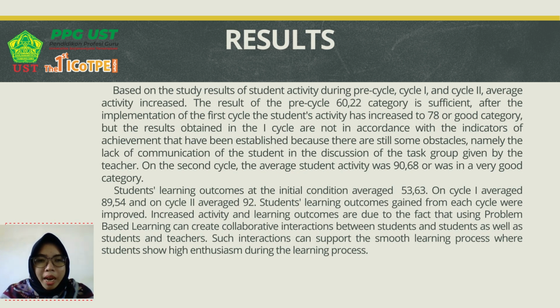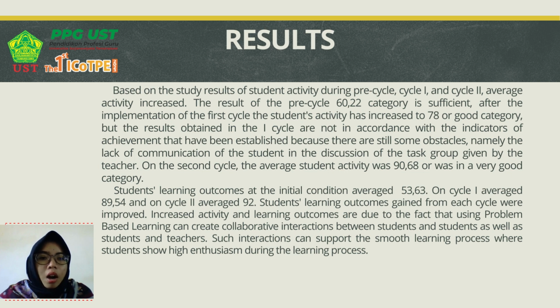Results. Based on the study results of student activity during pre-cycle, cycle 1 and cycle 2, average activity increased. The result of the pre-cycle was 60.22, in the sufficient category. After the implementation of the first cycle, the students' activity increased to 78, or good category, but the result